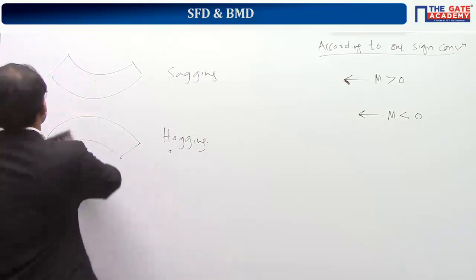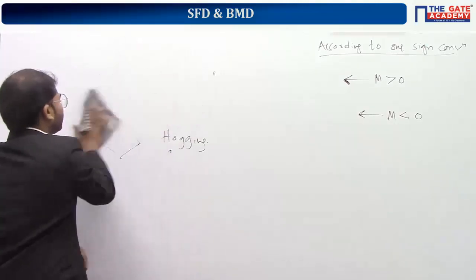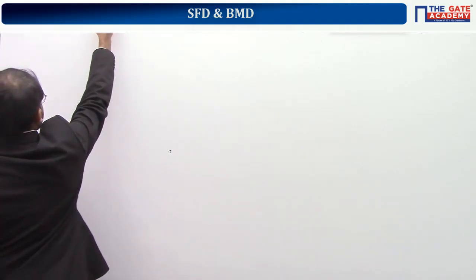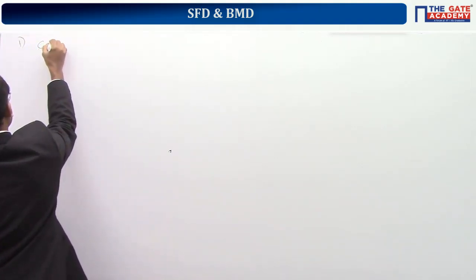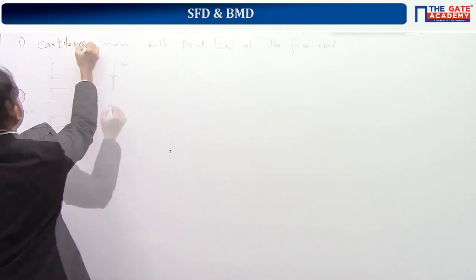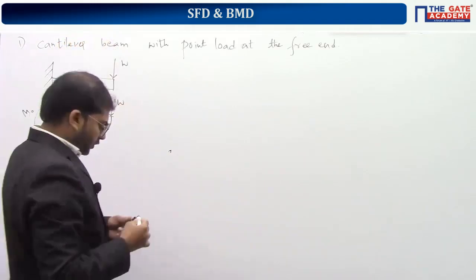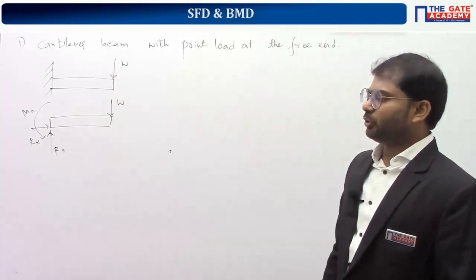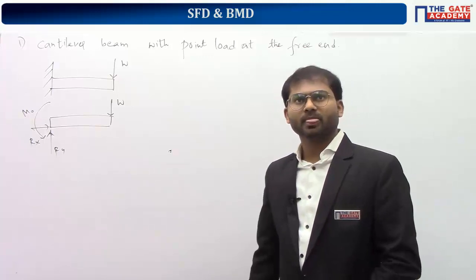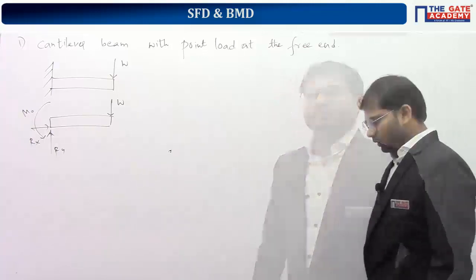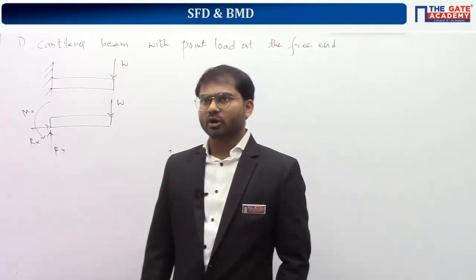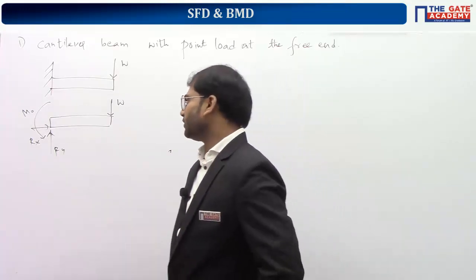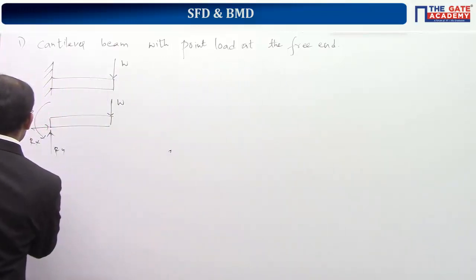Put the heading, everyone, and take the name of the first loading condition. Here, first step, as you all know, we should get the unknown reaction forces and moments. I want you to give me the values of Rx, Ry and M naught. Come on, do it fast. Very good. Rx is 0, Ry is W, M naught is equal to W into L. So simply by applying equilibrium conditions, we can get these values.